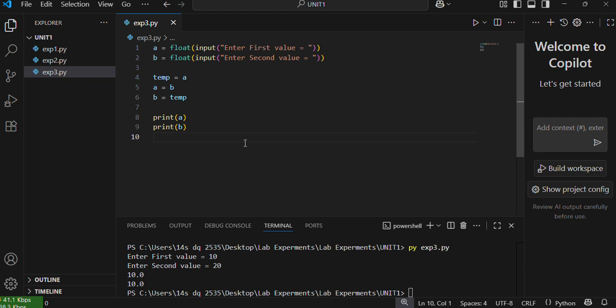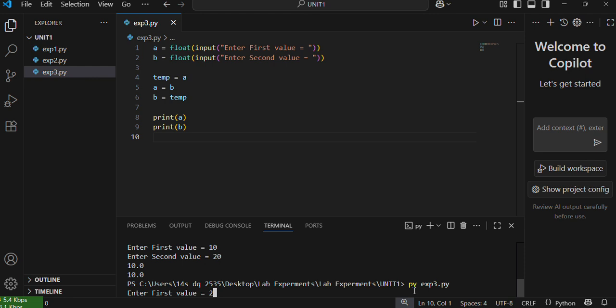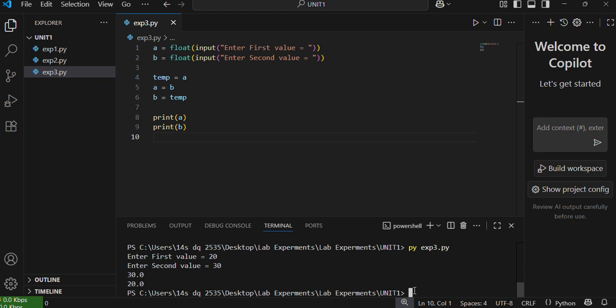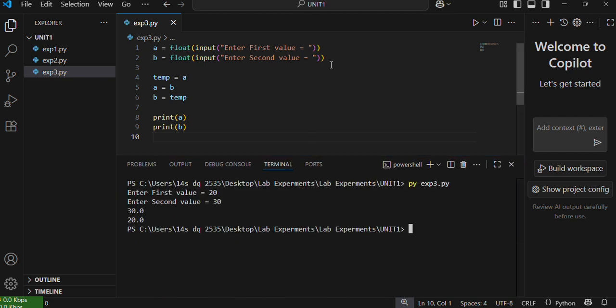Now I am running my Python program. Enter first value is 20, second value is 30. This is not understanding the correct format. That's why I am using the message comma value format in output formats. Here, just print